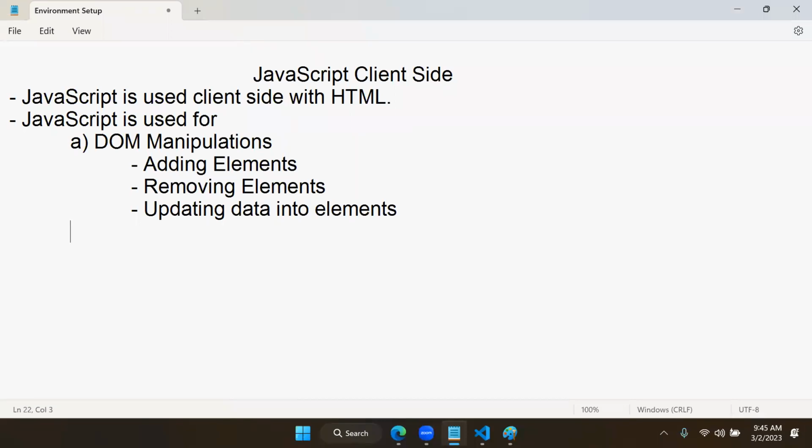Next important, another work is that JavaScript is not only for DOM manipulations. JavaScript can also be used for handling browser objects. JavaScript is very popular for handling browser objects. Browser objects means,